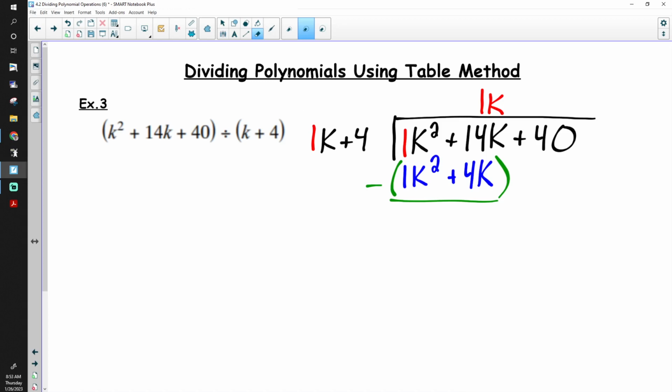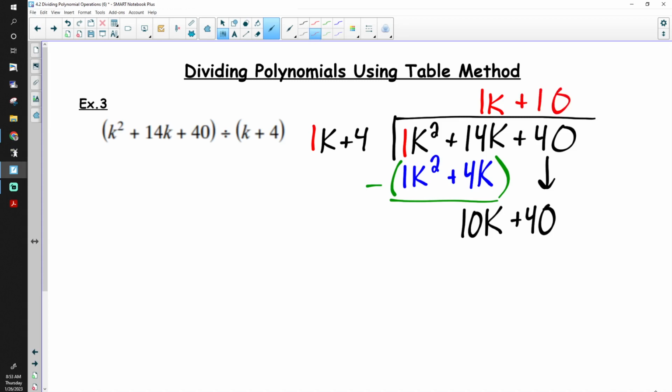Alright. What happened to those 1k squareds? Canceled. So we subtract 14 minus 4 and you got 10k. Beautiful. Okay, what'd you do next? Drop down the 40. Were you guys able to figure out what to multiply 1k by to turn it into 10k? Multiply by 10. So where are we going to write that 10? Plus 10 on the end,